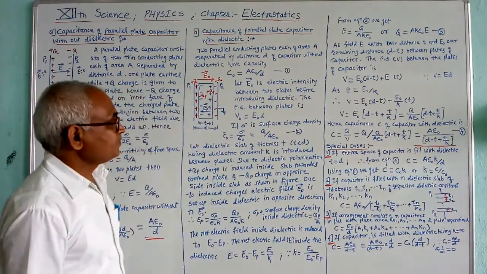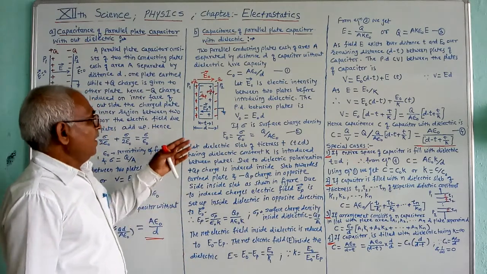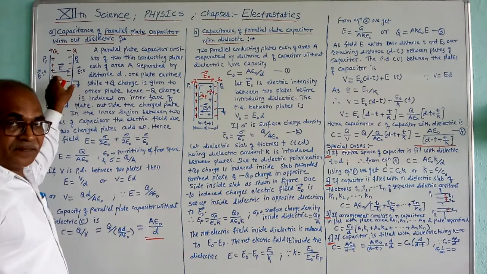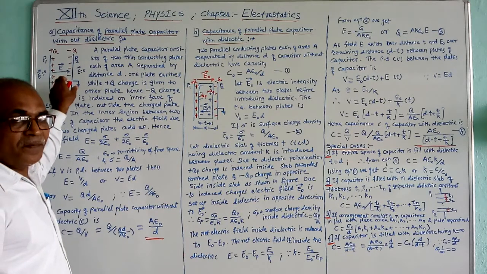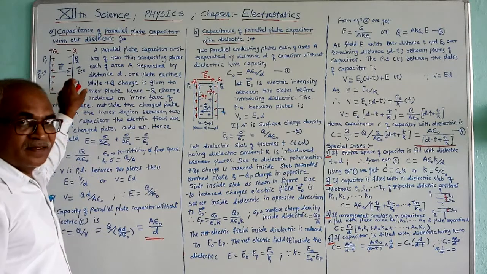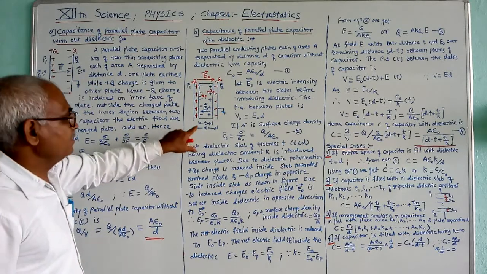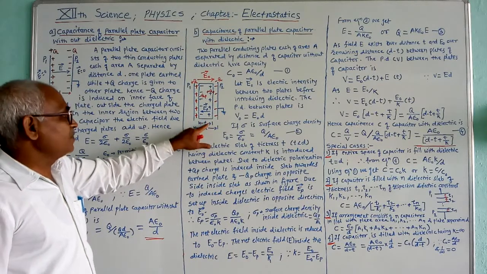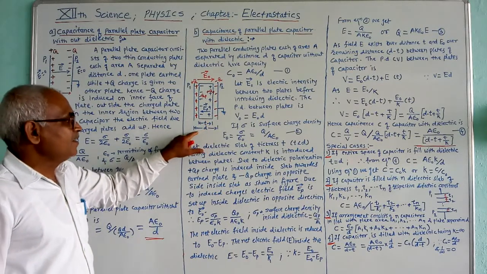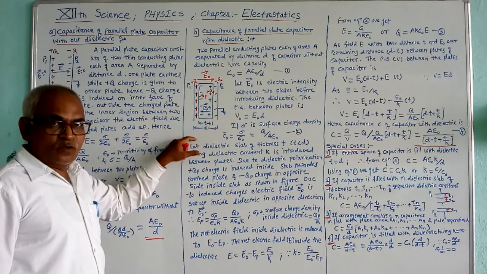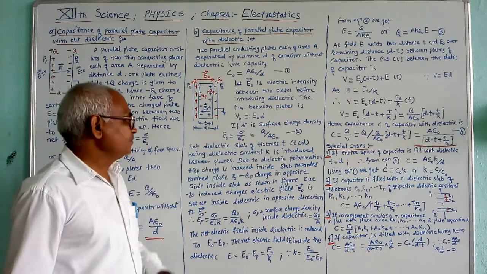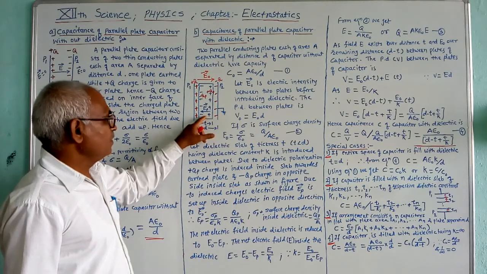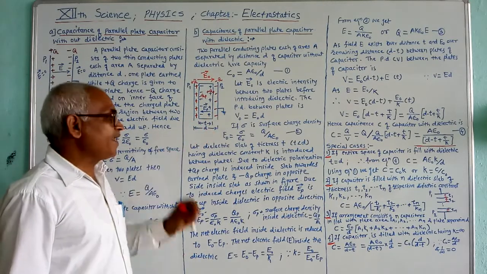Now, when we introduce a dielectric slab of thickness t in this capacitor, as shown in this figure, where the thickness of this dielectric is less than the distance between the two plates of the capacitor, and if K is the dielectric constant of this dielectric medium,